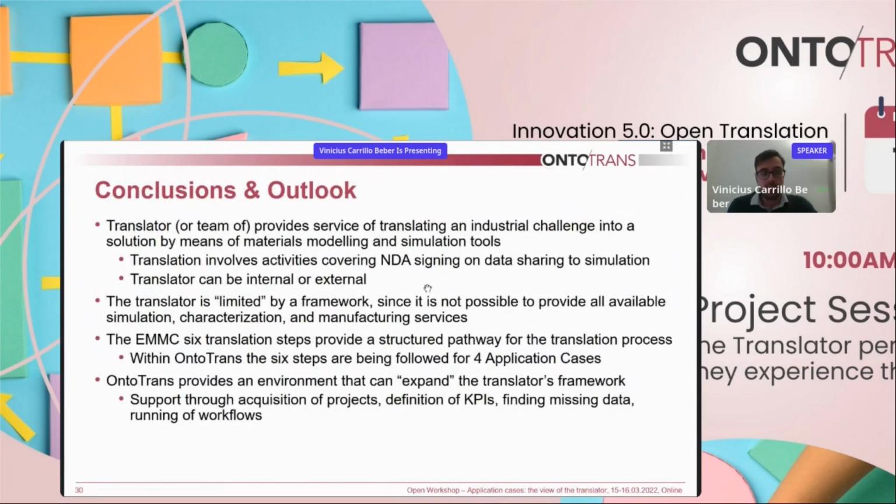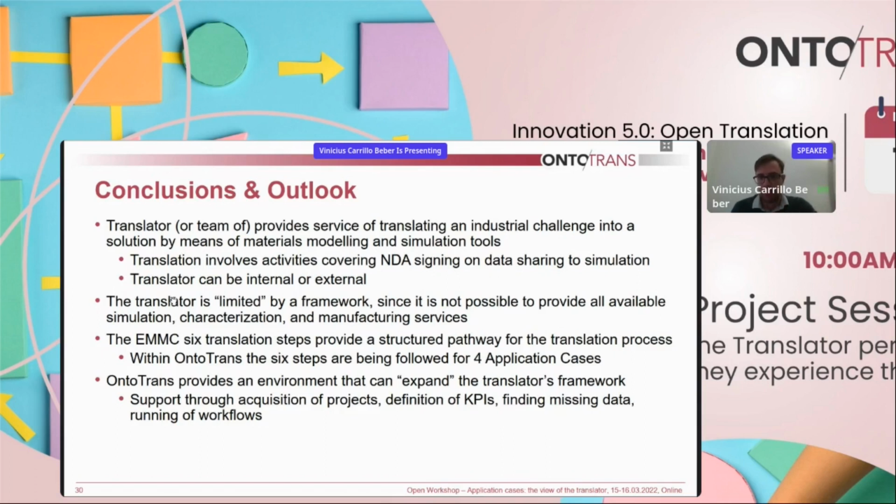So as a conclusion and outlook, the translator or a team of translators provides the service of translating an industrial challenge into a solution by means of materials modeling and simulation tools. Translation involves activities covering NDA signing, data sharing, and simulation. Translators can be either internal or external, and the translator is limited by a framework, since it's not possible to provide all available simulation, characterization, and manufacturing services. The MMC 6 translation steps provide a structured pathway for the translation process, and within OntoTrans, the